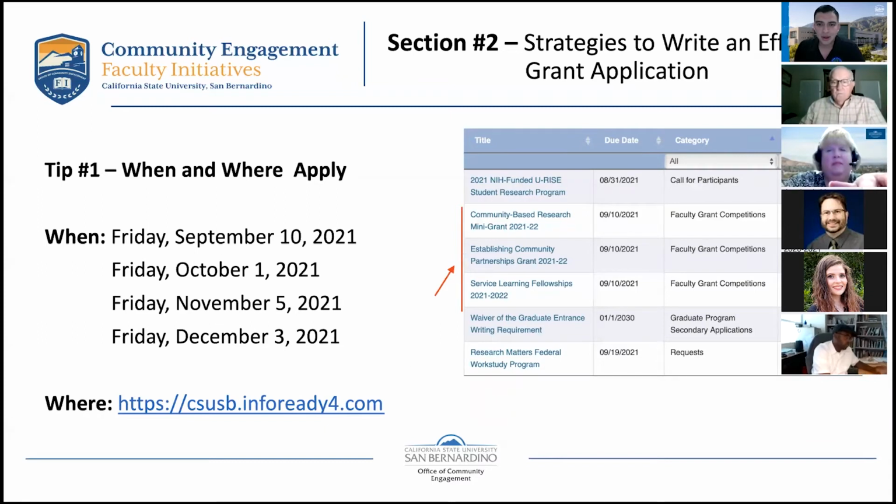All right, moving over to section 2, strategies to write an effective grant application. Knowing when and where to apply is very important to having a successful grant application. First, knowing the grant deadlines. The first one just passed, September 10th, but there are 3 upcoming grant deadlines, one in October, one in November, and one in December. And you can apply in the InfoReady website,